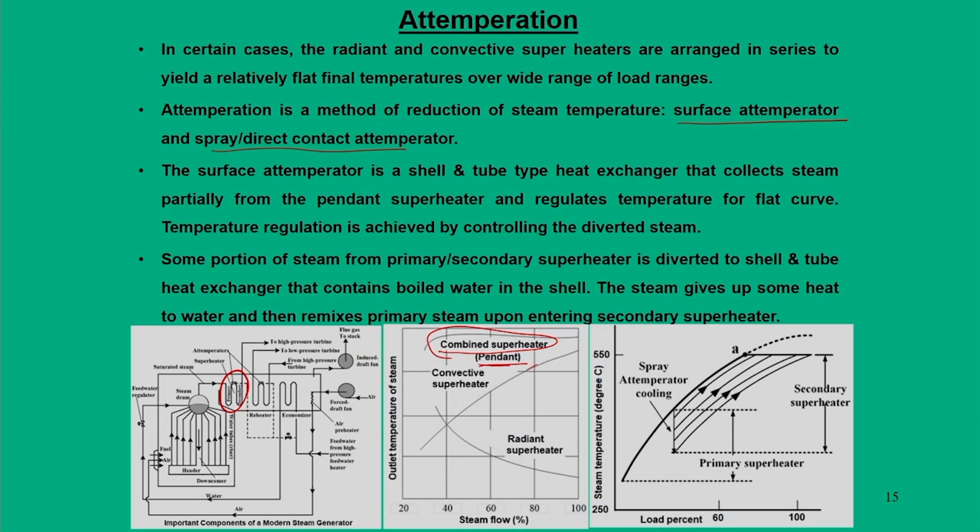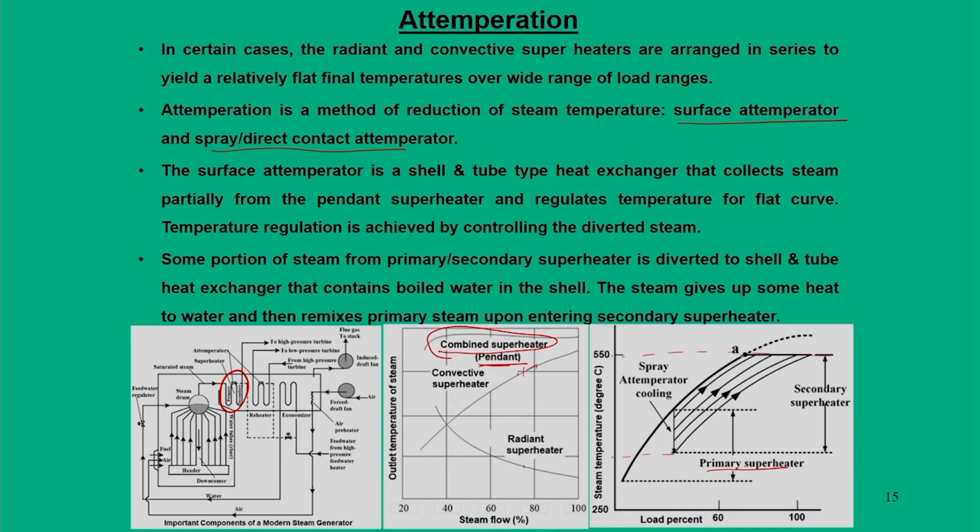Controlling the temperature becomes vital, because these two have a very huge temperature difference. So, for that reason, between the primary and secondary superheater, the primary superheater gives a steam temperature of this range, and the secondary superheater is the final requirement, let us say 550 degree centigrade to achieve. Now, in between, if you do not use this attemperator, then what may happen is